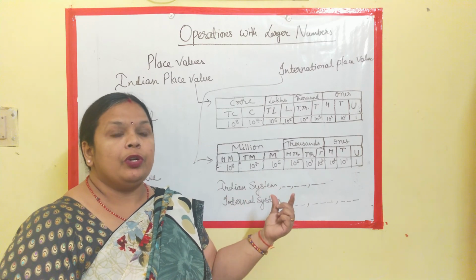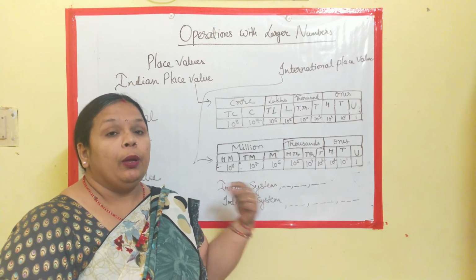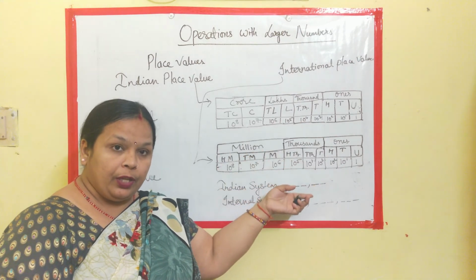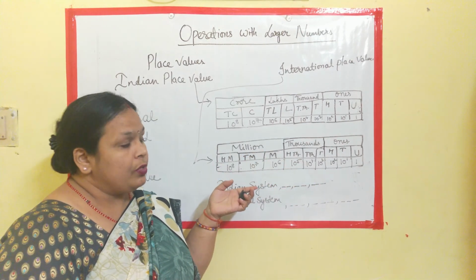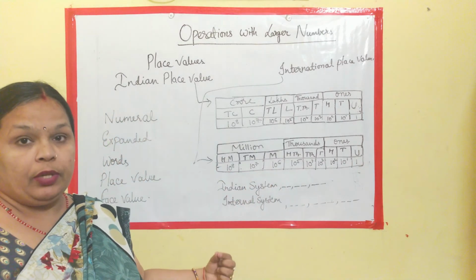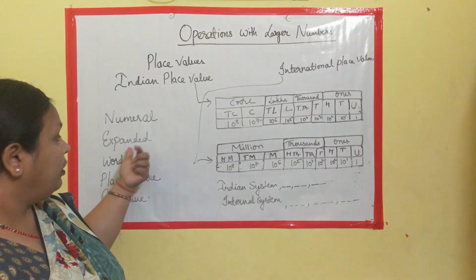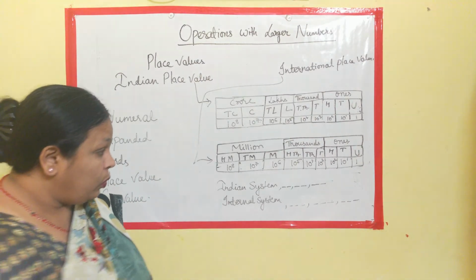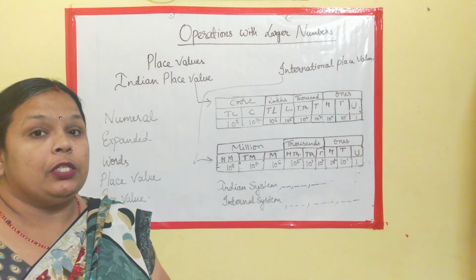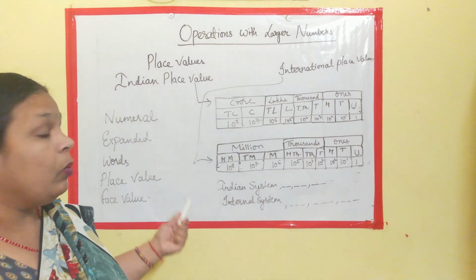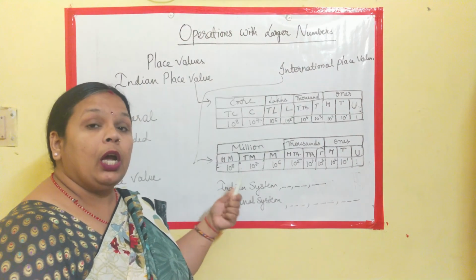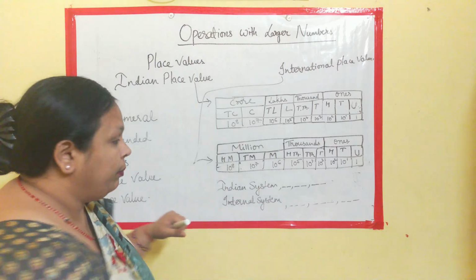If you have up to a 4-digit number, it's very easy to read. But when the number is larger, it becomes very difficult for a few of the students to just straight away look at the number and tell the number name or write it in word form. So when you are writing the numbers and you use commas, it becomes very easy for you to do. Now moving further, we will discuss how to do addition on larger numbers.